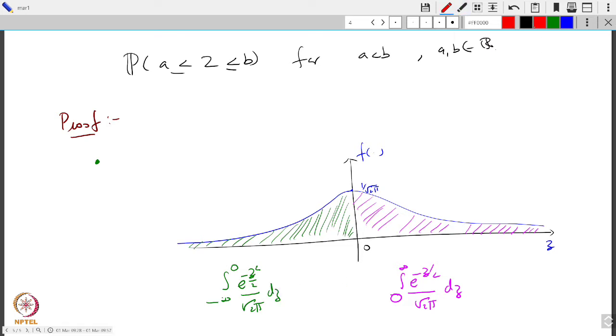Either you can show it in analysis 2, or look at the picture and decide the area is the same, or you can just do a substitution that u is equal to minus z. But you learn this perhaps in analysis 2. So that's the first thing. The green and the pink are the same. So once you're there,